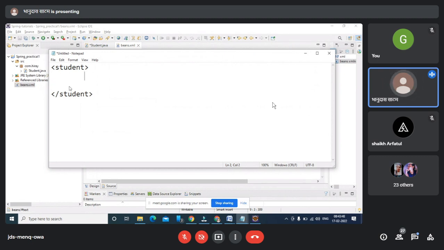As per my requirement, I'm creating a tag, and I write n number of tags which are a part of data members. So roll number, name, age, then percentage, and inside that I can write any value here. If I'm using 1 as a roll number, AAA as a name, and 22 as an age, all these are data members. As per my requirement, I can create this and save it as student.xml.